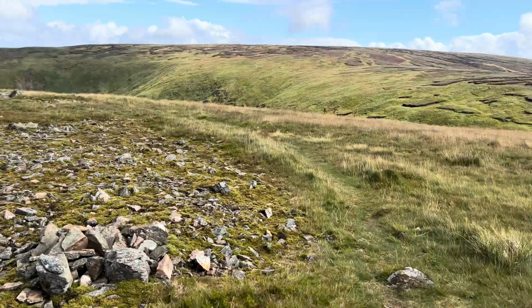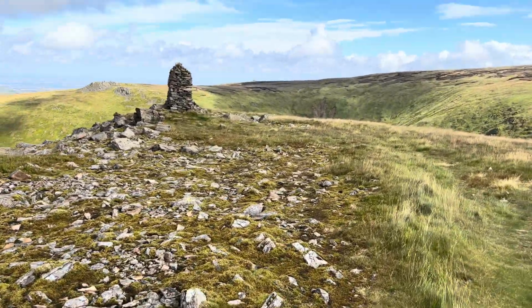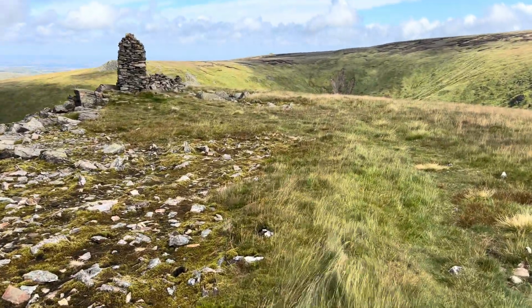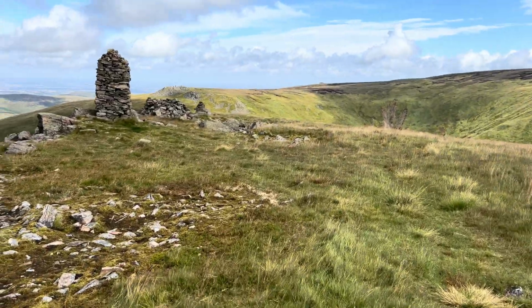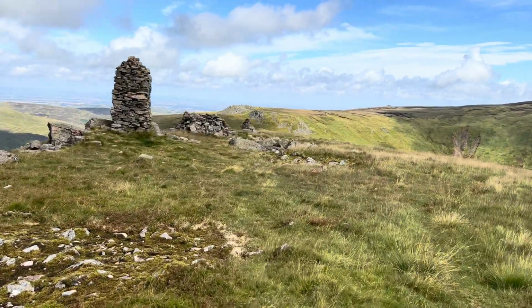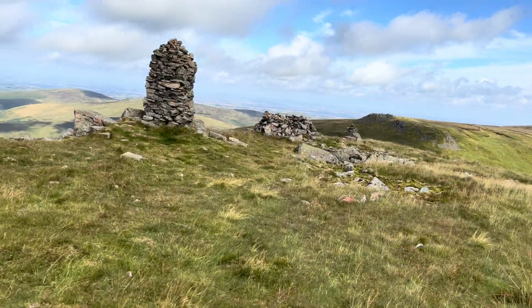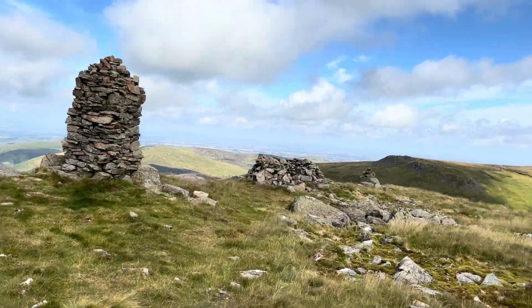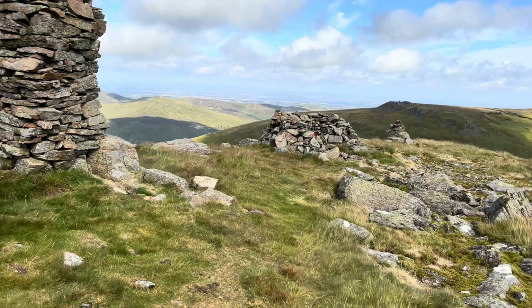I don't know what's happening to my body, but getting up that once I dropped down from the refuge hut to climb up this bit, it took me ages. Trying to keep the heart rate down, it just doesn't work. I was up to 130, then it was 140, which is too much. So I think until I've had my visit in the middle of August, I'm going to keep off these big ones because